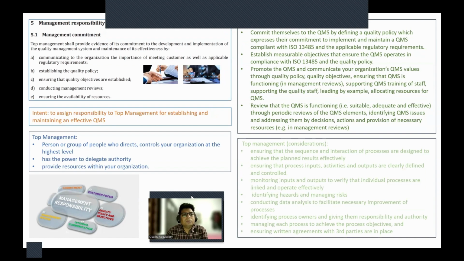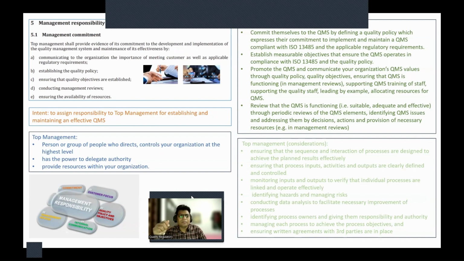So what is management responsibility as per the standard? Here I have captured some content which could be useful while reading or watching the video. Why is this standard so much management driven? Because everything comes from the top. Top leadership takes the actions, they decide the actions, so this standard emphasizes the top leadership or top management.